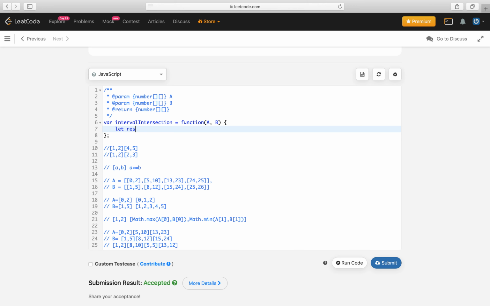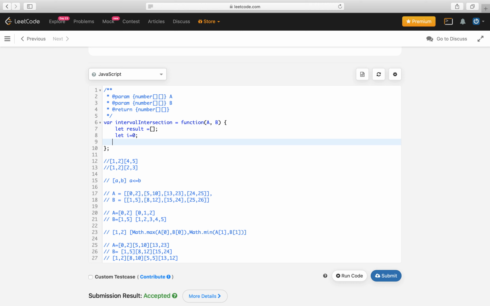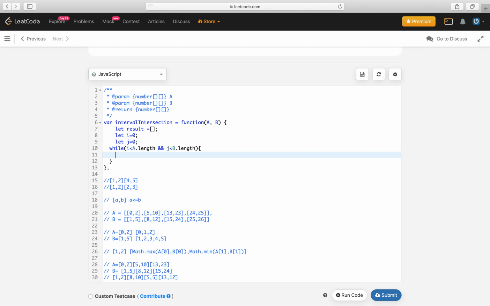Let's start with the basic variable definition. We have an empty array. Let's have a counter i for the A list, and then a counter j for the B list. It's also 0. And then while i is less than A.length and j is less than B.length, what should we do?